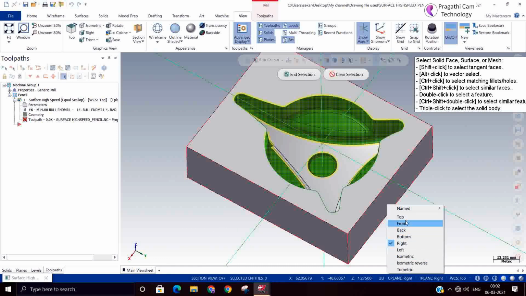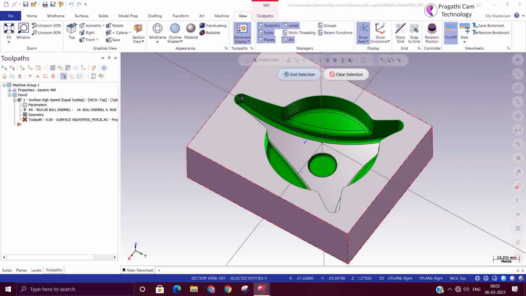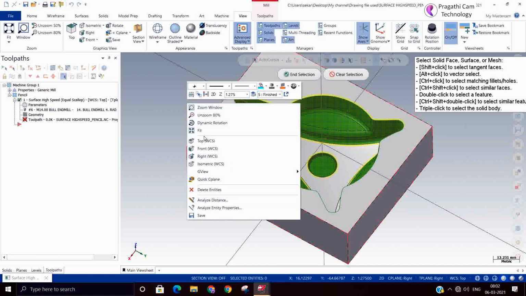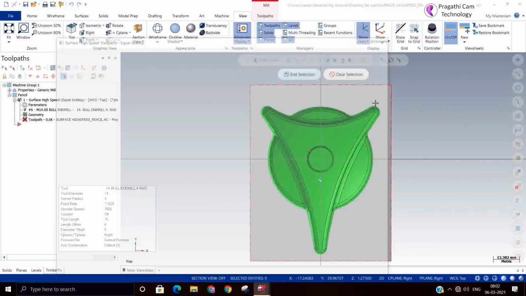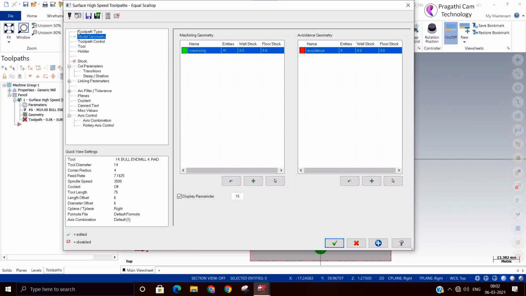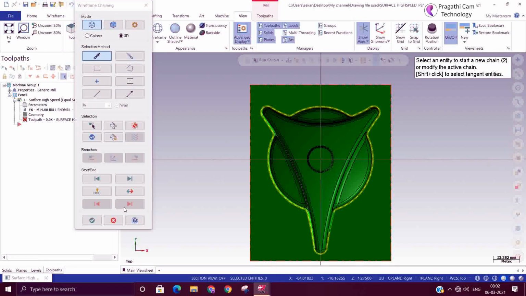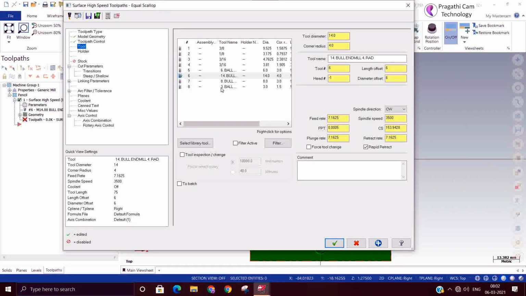Maybe my plane is on that, not on the top. I'll reselect again. Okay, now selection is done. The stock is 0. Here I'll select the boundary now. Tool, I'll select a small 3 mm ball.